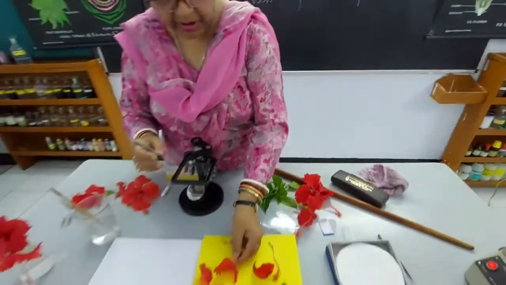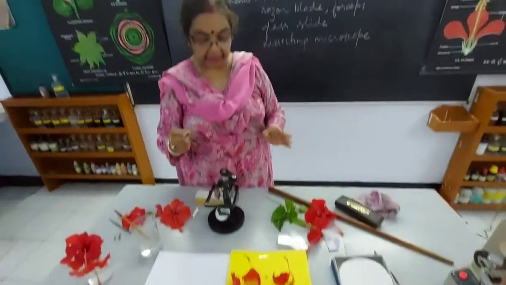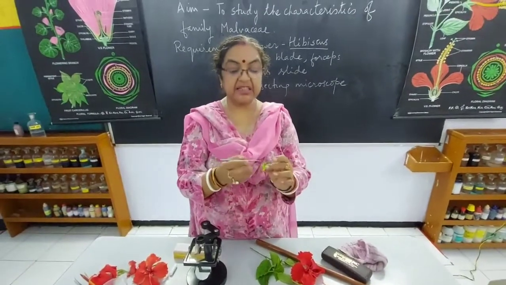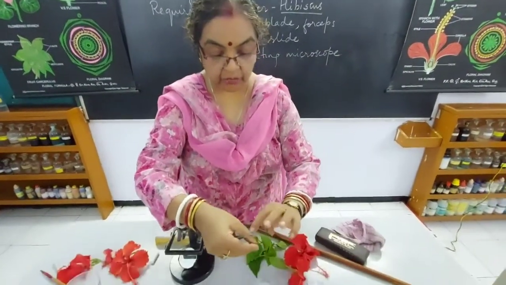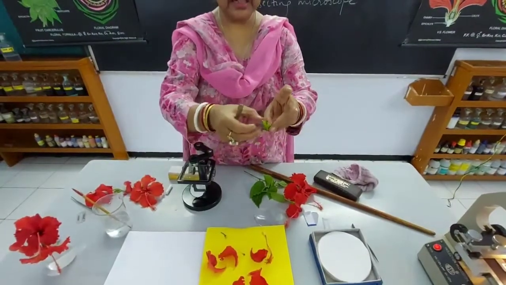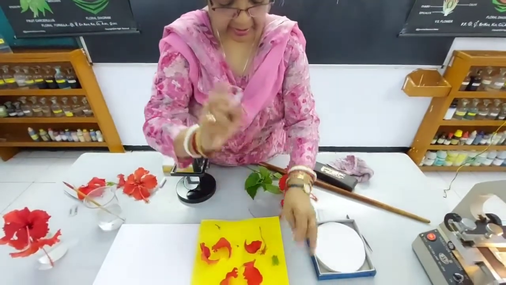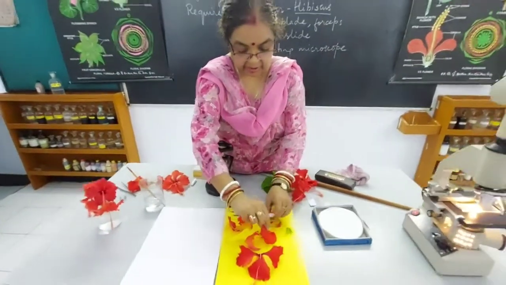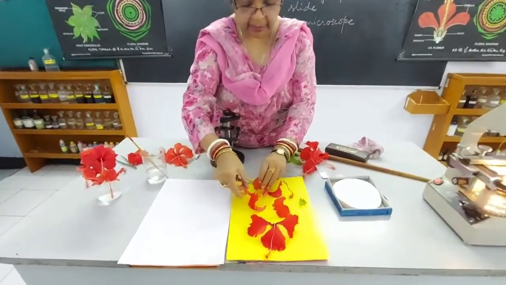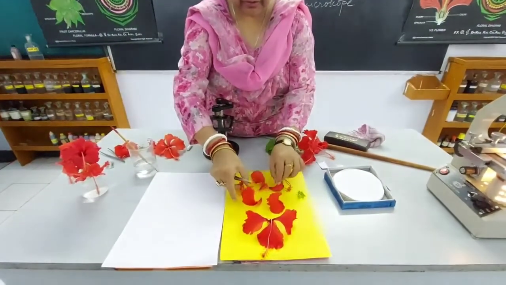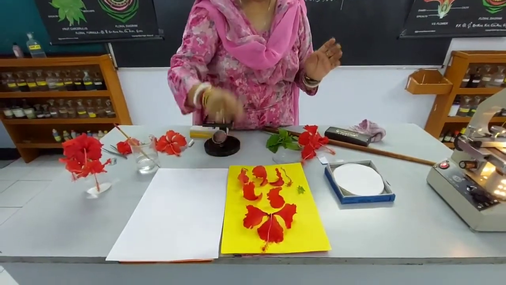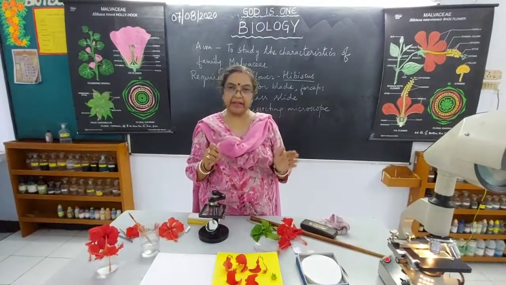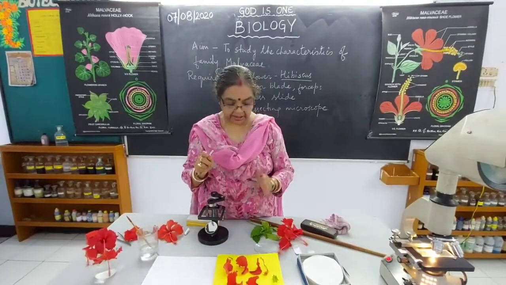Now in your practical, children, when you do it, you have to first cut 1 flower and display all the parts. Like this is the epicalyx, this is the calyx. You will open it out from one side, showing that it is gamosepalous, and you will display it here. Then you will separate all the petals and arrange them like this. They are polypetalous, not joined with each other, and 5 petals are there. Such flowers where all the parts are 5 or multiples of 5 are called pentamerous flowers. So this flower is a pentamerous flower.